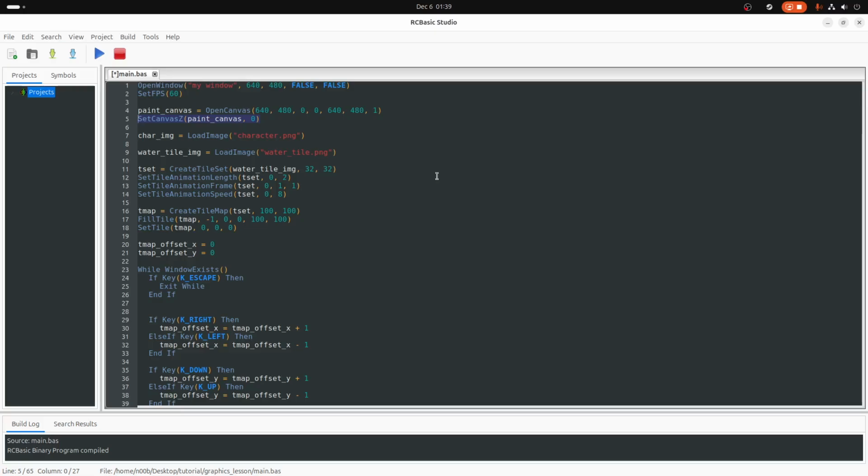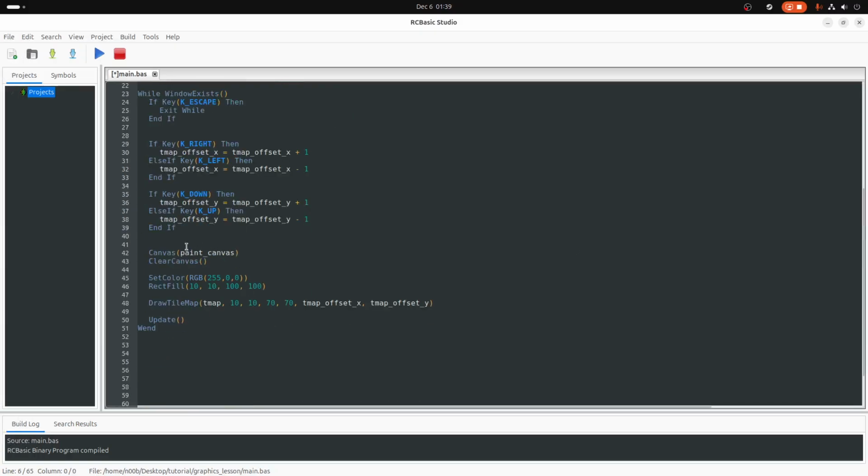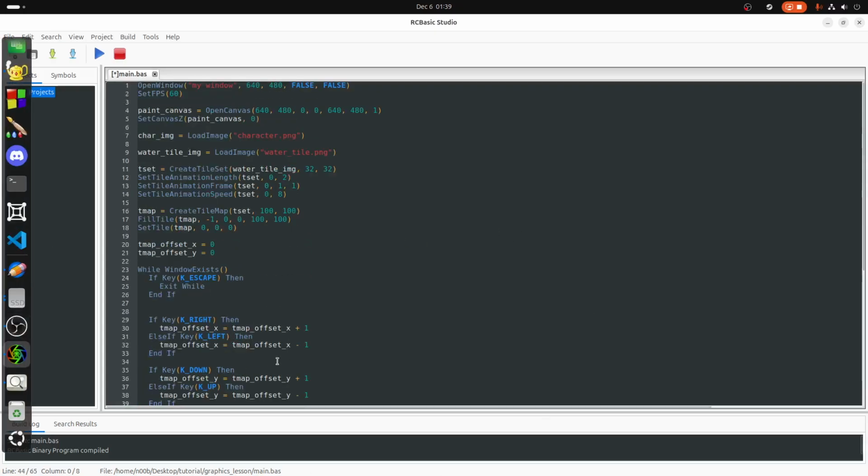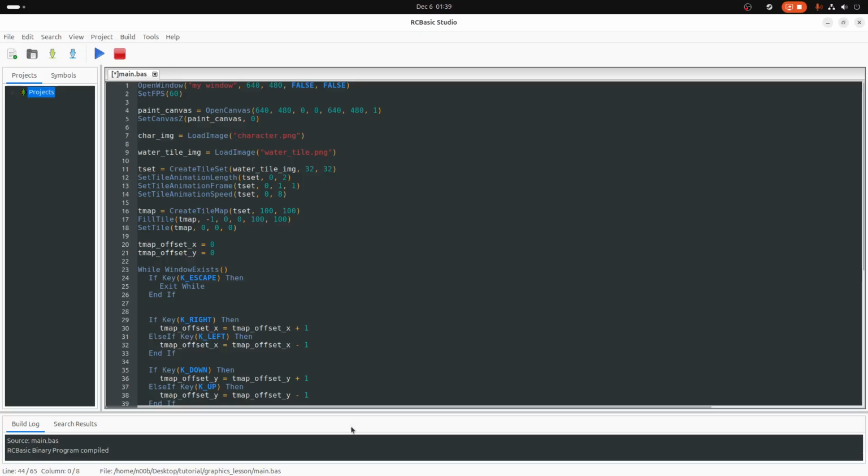Generally, if you want text, you would create a paint canvas and then put that paint canvas like I did here at 0, and then whenever you need to draw text like a dialog box or something, you would just set your active canvas to your paint canvas, and then draw your text and stuff. Drawing text is just like how you would draw an image, or it's actually simpler than drawing a tile map. And there's plenty of examples in the RCBasic folder that shows how to draw text and stuff. So with that though, just to keep this stuff readable,